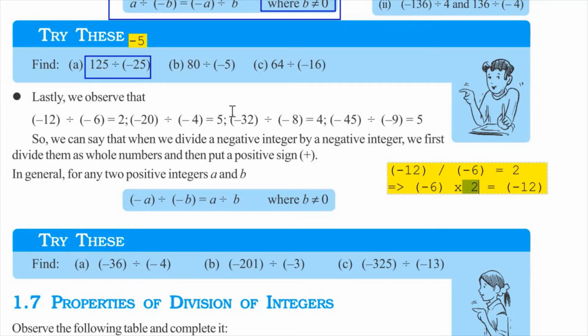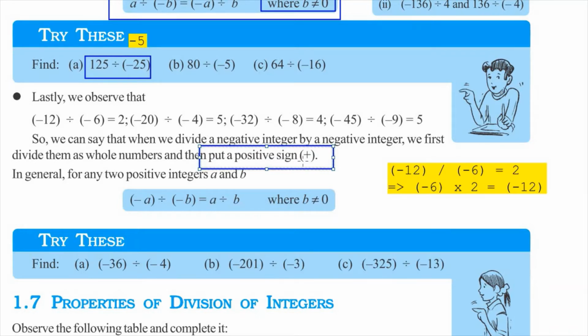Similarly, if we consider the other equations, we have minus 20 divided by minus 5 is equal to 5, minus 32 divided by minus 8 is equal to 4, and minus 45 divided by minus 9 is equal to plus 5. So, we can say that when we divide a negative integer by a negative integer, we first divide them as whole numbers and then put a positive sign. Okay? Whenever we are dividing two negative integers, we have to divide them as whole numbers and then put a